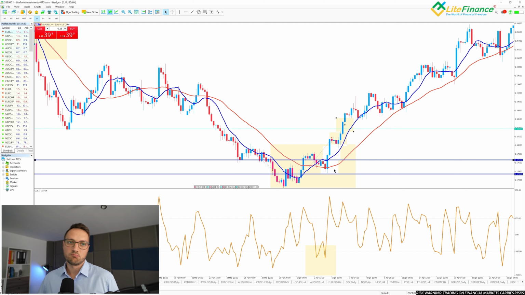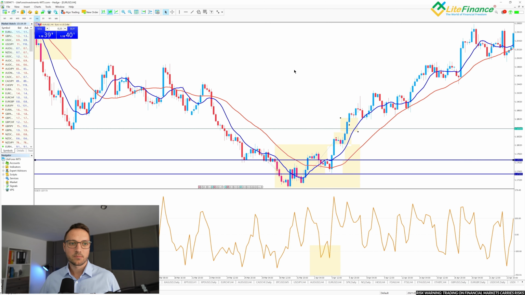So as you can see, a 3 to 1 risk reward ratio worked out here very well. We could even take twice or 3 times that much, but hey, we are just discussing the strategy and not